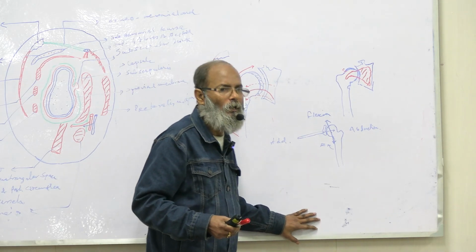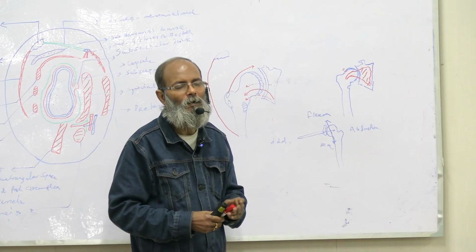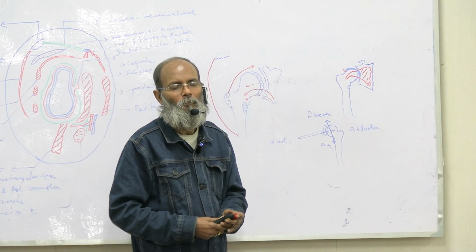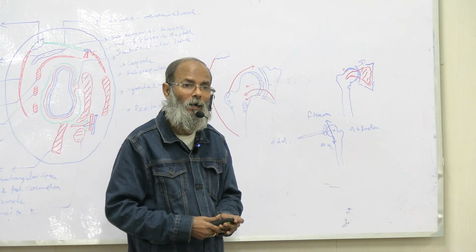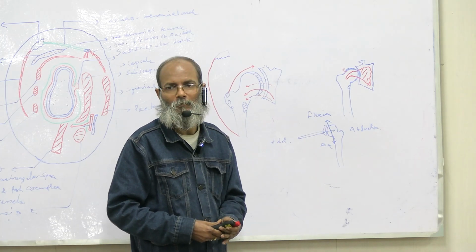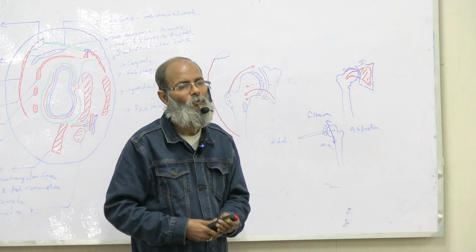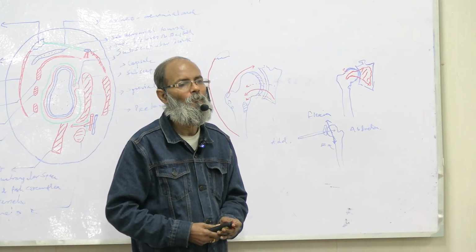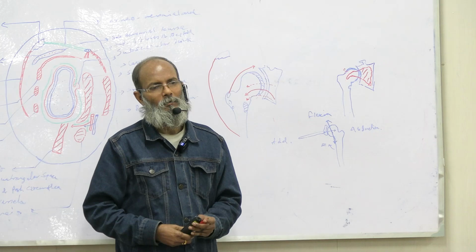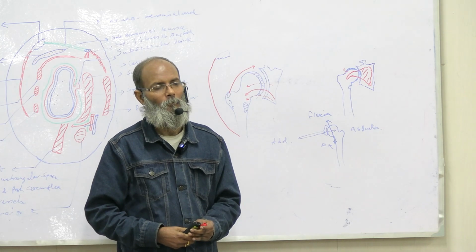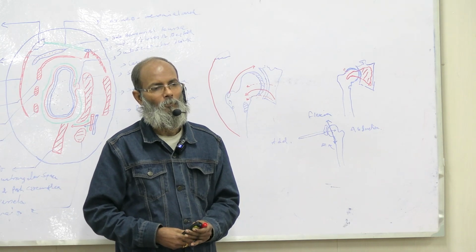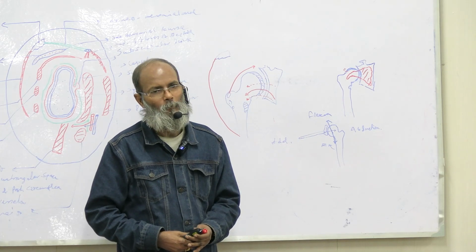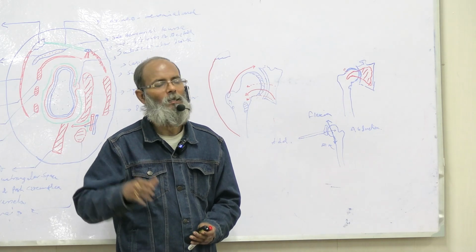Now the muscles concerned in this movement. Flexion is carried out by the clavicular head of pectoralis major, coracobrachialis, biceps brachii. Now extension is by